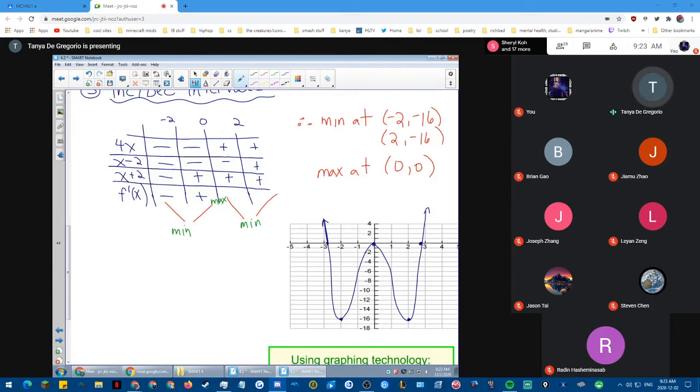So the rule is, guys, I think I told you this before. If you're going right to the end of your graph, you don't need arrows. So for example, I'm going right to the end, I don't need arrows. You won't lose marks if you have no arrows. I went right to the end. But if I stop short,